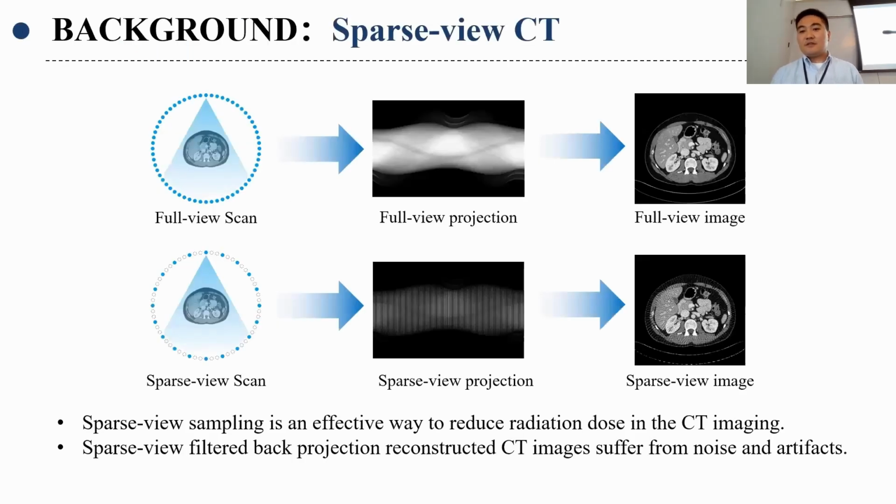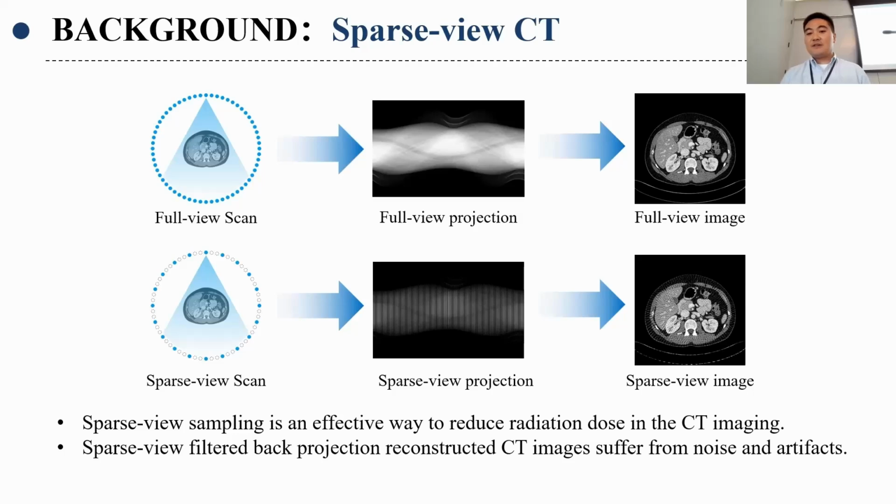The first part is about the background. By increasing the interval between different exposure angles in the scanning process and reducing the sampling rate of projection data, sparse-view CT imaging can significantly reduce the radiation dose of CT scanning and has great potential in the future development of CT imaging. However, the reduction of the data sampling rate brings great challenges to the reconstruction of high-quality